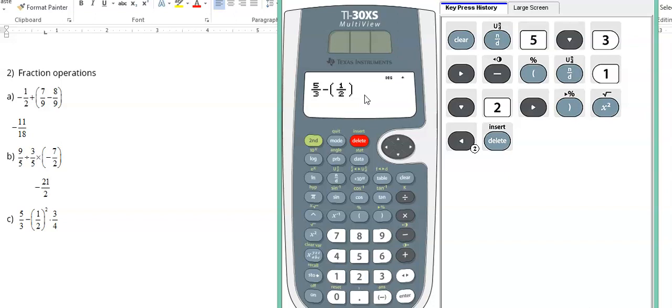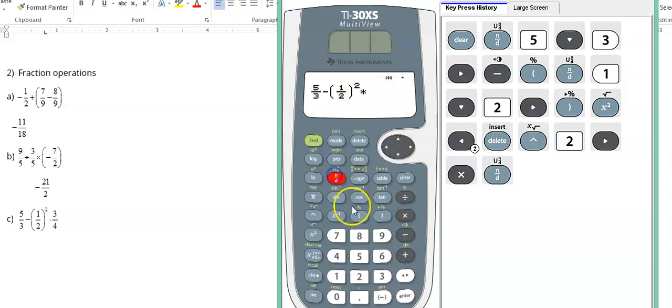But the button that's actually more handy is the caret button. This button right here gives you an exponent spot, and it doesn't have to be 2. And we're going to have lots of examples where we have to even type multiplication up here. So if you hit the caret and then 2, now I need to multiply by 3/4. If I hit times now, it would be up in the exponent. So use the right arrow until it goes down here. Then we have times